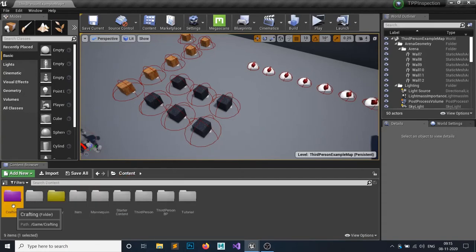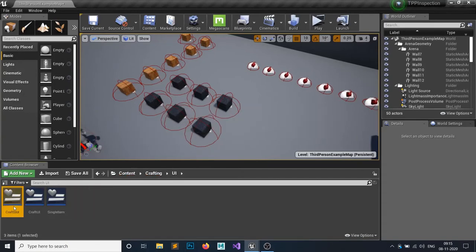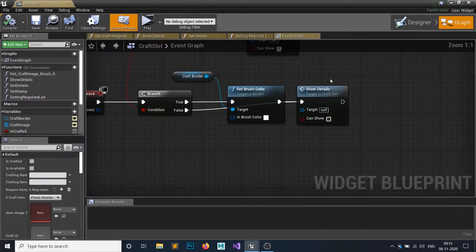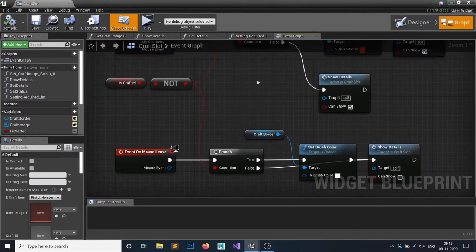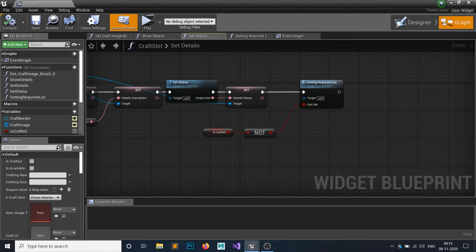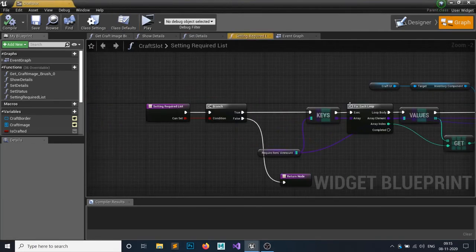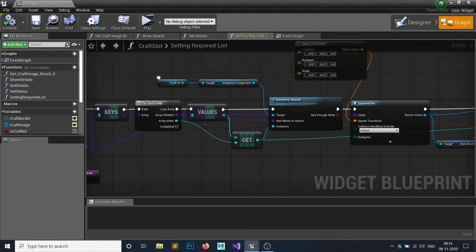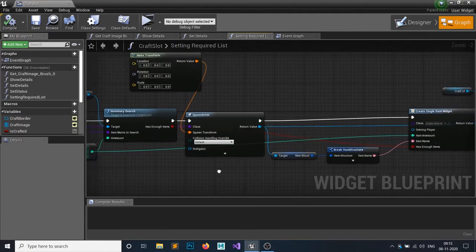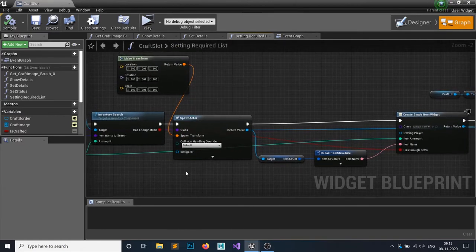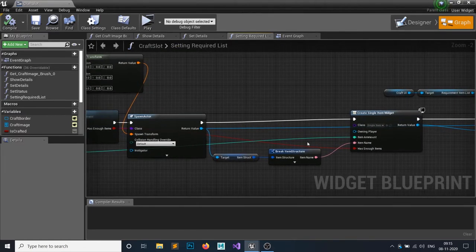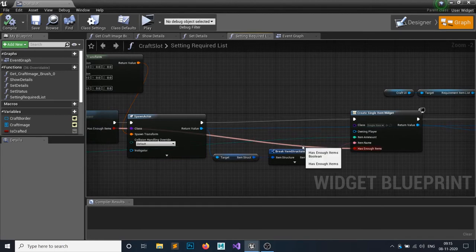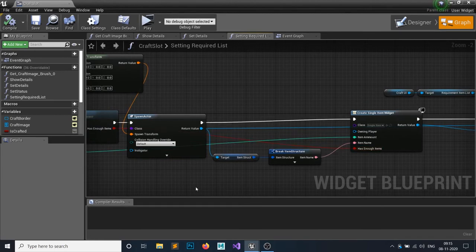Let's go back to your crafting slots, where we are defining that set details, set required list. Yes, this one. So if you remember, we are setting inventory search, and then this boolean is going in here, right?